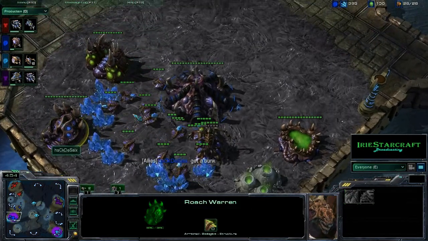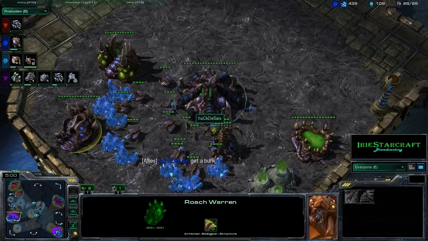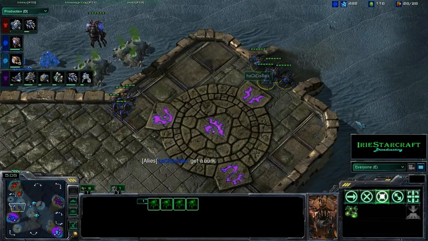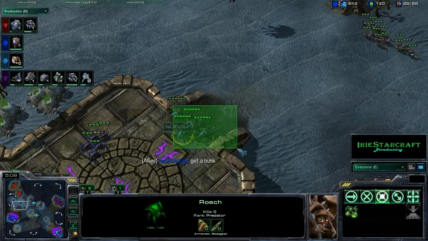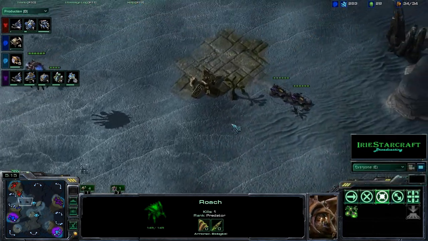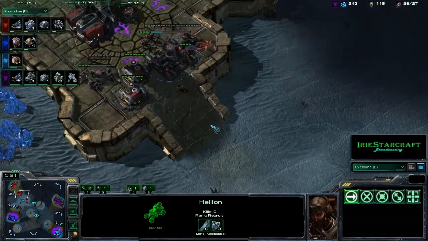So actually, no, it was not a Baneling's Nest. He went for roaches, or a roach warren. We do already have roaches out here for haCkDeSaix, wisely blocking off this ramp using hold position on those roaches. So the Hellions will not be able to get into his base, and Hellions will not be able to get